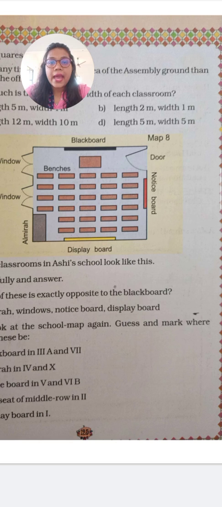So here we end this chapter. In this chapter we studied mapping your way, in which we studied the directions. We have four main directions: north, east, south and west. Apart from that, we studied how to give answers from the map. It is so easy. Clear? So that is the whole chapter. Now in the next class we'll start the new chapter, chapter number 9. Till then, stay safe, stay healthy. Thank you.